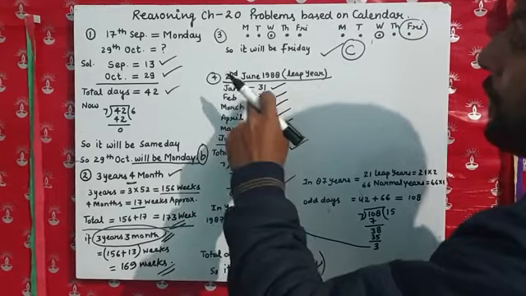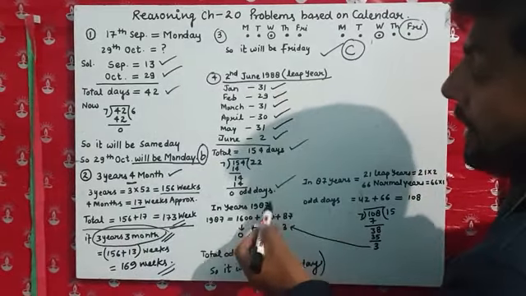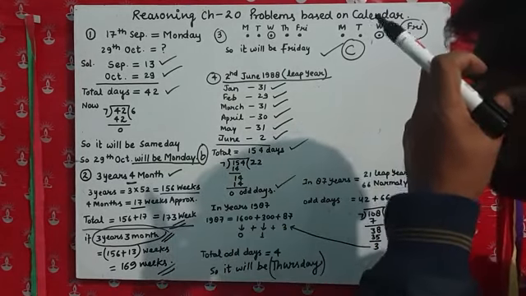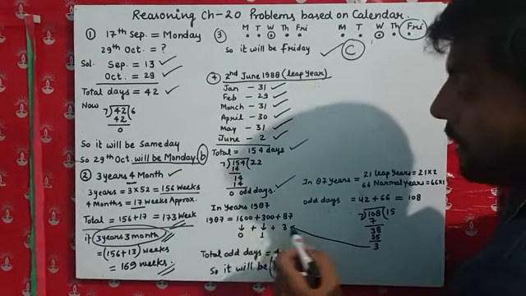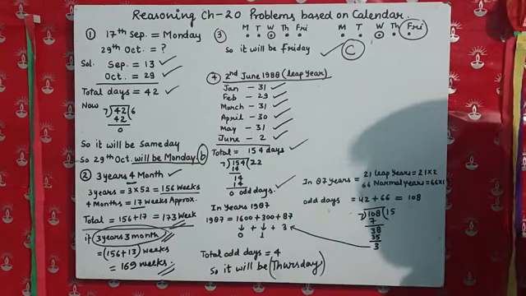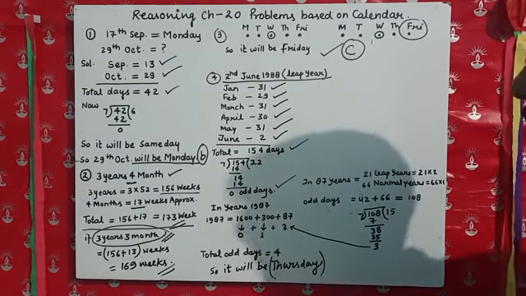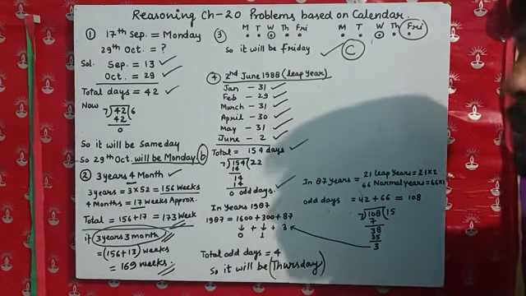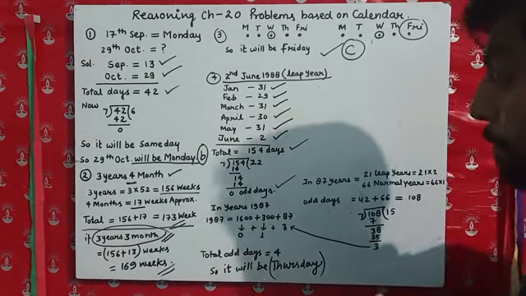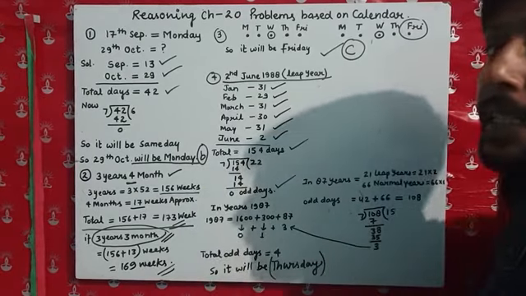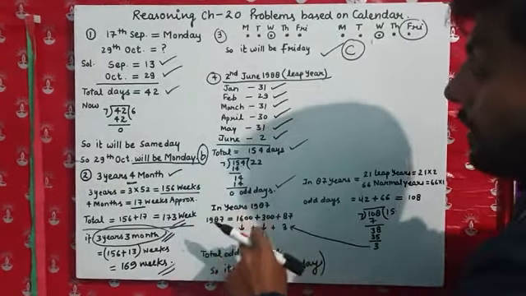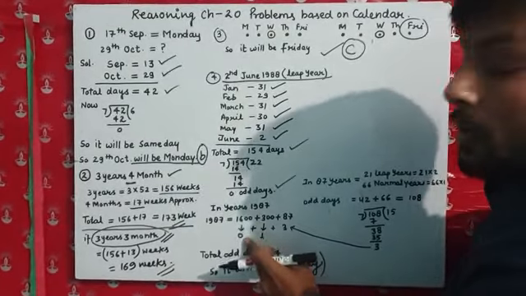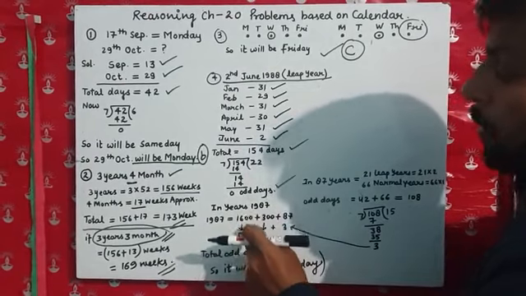Now we go to the previous year. In year 1987, we have to find out how many odd days there are. This is the formula for how we break the year before 2000. Here 1987 is given, so we write down 1600, which is exactly divisible by 4. Whenever a number is exactly divisible by 4, there will be 0 odd days. This is a formula.